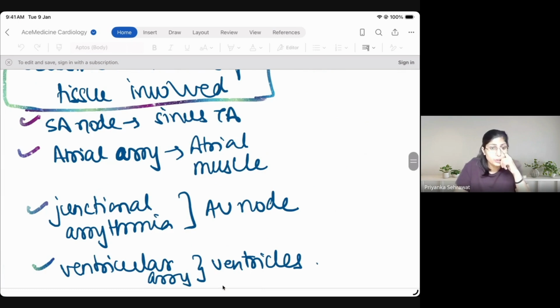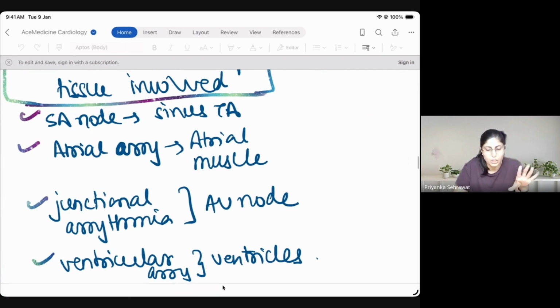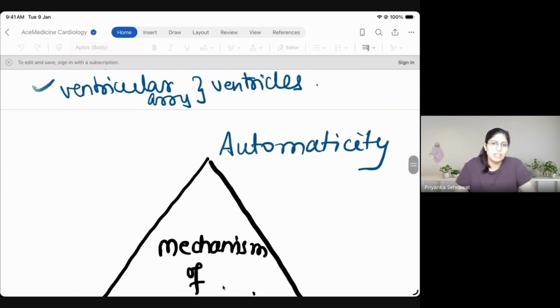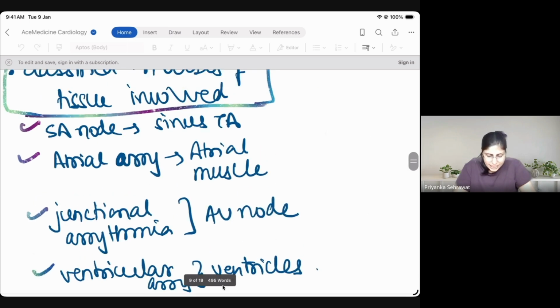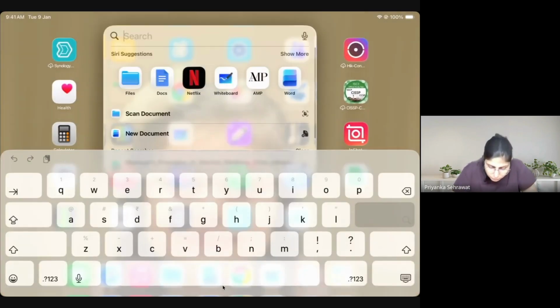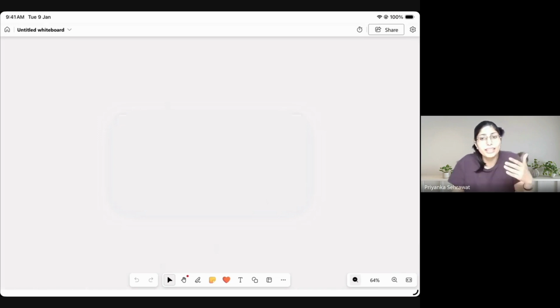And based on the tissue, we call it sinus tachyarrhythmias or atrial tachyarrhythmias, nodal junction arrhythmias, ventricular arrhythmias. So how do we divide arrhythmias? So arrhythmias can be sinus arrhythmias. Let me give you an overview here. So how do we divide arrhythmias? Arrhythmias are divided on basis of the location, from where the arrhythmia or the abnormal rhythm of the heart is